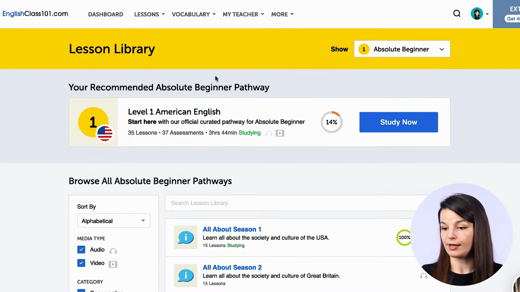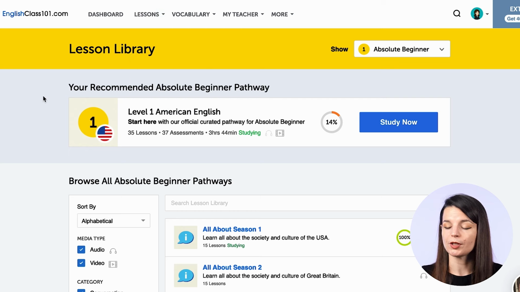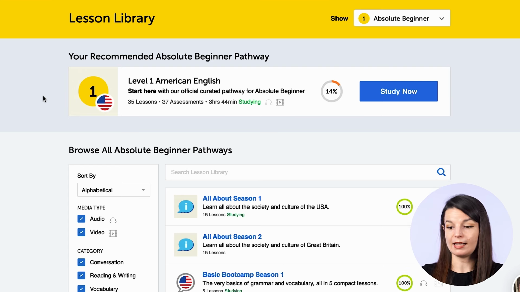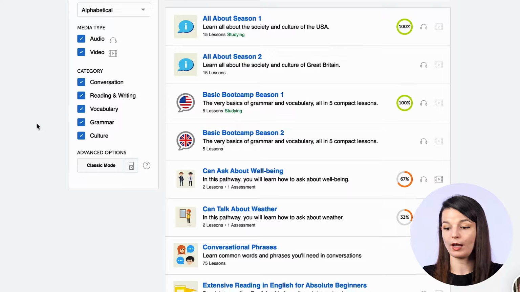You can also access this by clicking on the Lesson Library link from the Lesson drop-down menu at the top of the page. So this will take you to the lesson library. Here, you can see what you are studying now, right? So this is the absolute beginner pathway. In this case, you can see all of the different lessons that are inside the pathway and all the information